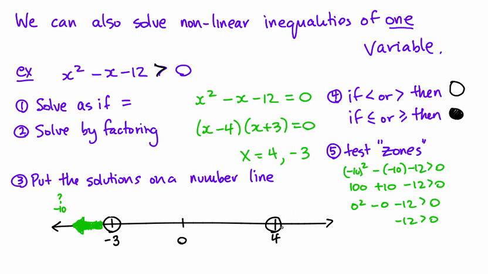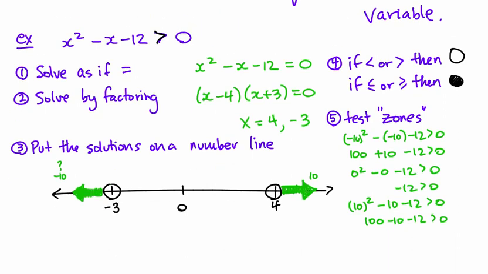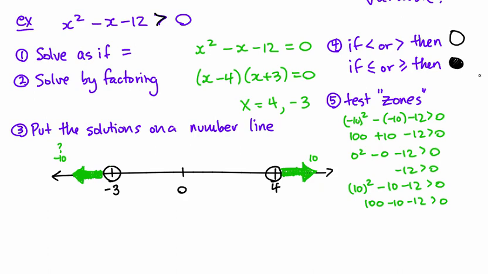And now I pick a number bigger than 4, so I'll just do positive 10. So 10 squared minus 10 minus 12, is that bigger than 0? Is 100 take away 10 take away 12 bigger than 0? And it is. So on this side here again, I shade it in. And so there's a graphical representation of my solution to the inequality x squared minus x minus 12 is greater